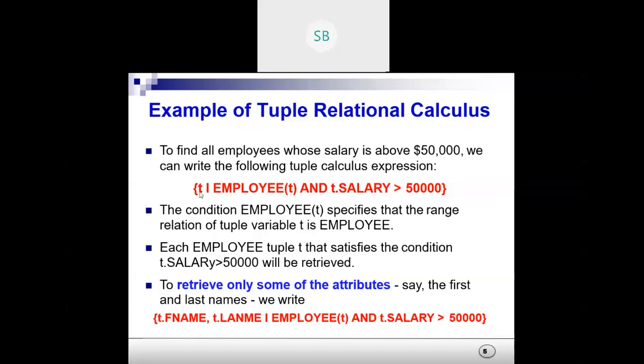We have taken that variable. Okay, but which table? You need to mention the database name, right? So that is why we are writing the table name for that variable. Okay, so it will choose the tuples of the employee table T, and then we are mentioning the salary, the T dot salary, this one, dot salary greater than 50,000.